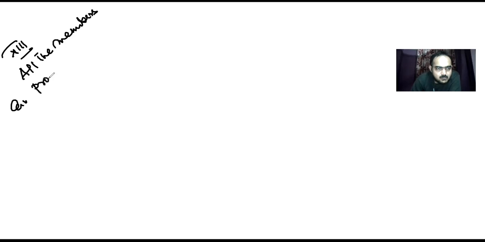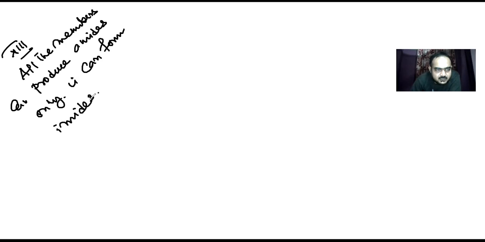Number 13, all the members can produce amides. Only lithium can form imides. Number 14, all the carbonates